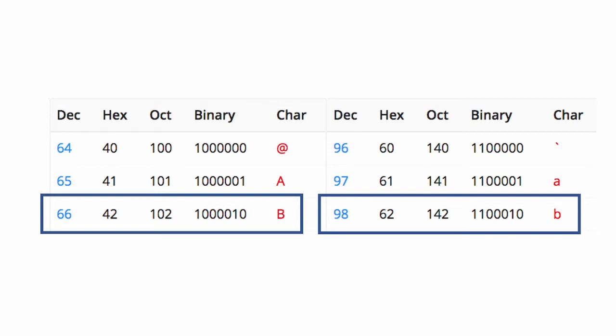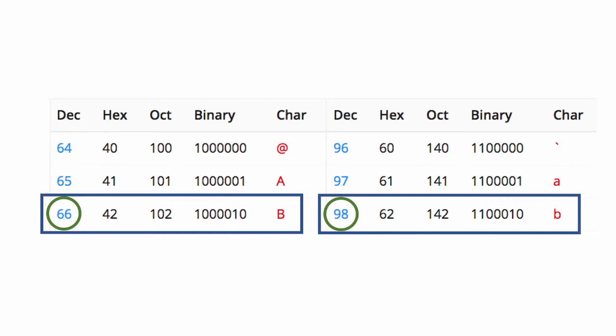While they may have very similar binary, they're not in fact the same, right? And so the different coding systems that we use to identify variables in memory, they're two different things. So when we look at this comparison operator, you can see here that capital B actually represents 66, lowercase b